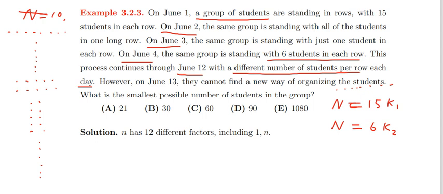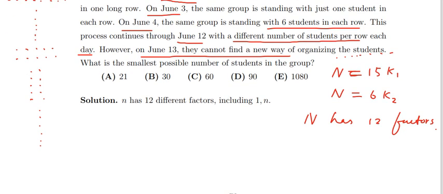So this means that n has 12 factors. On June 13 we cannot do that. So this number has 12 different factors. So what is A? We have many possible ways. If we want this n to have 12 factors,